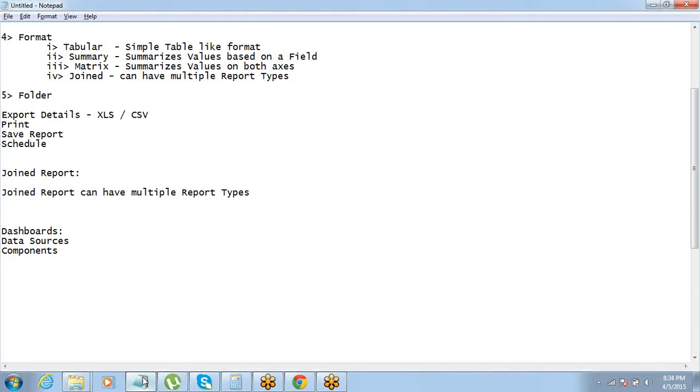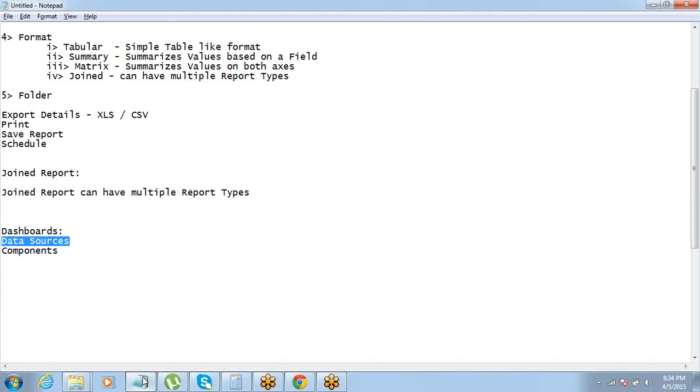So the report that you have created serves as the data source for the dashboard. Component is the graph or the chart. Because we are talking about displaying multiple reports on the same screen, if everything is in form of table, then people who are viewing the dashboard will not understand anything. So the idea is basically to have data sources and the components.